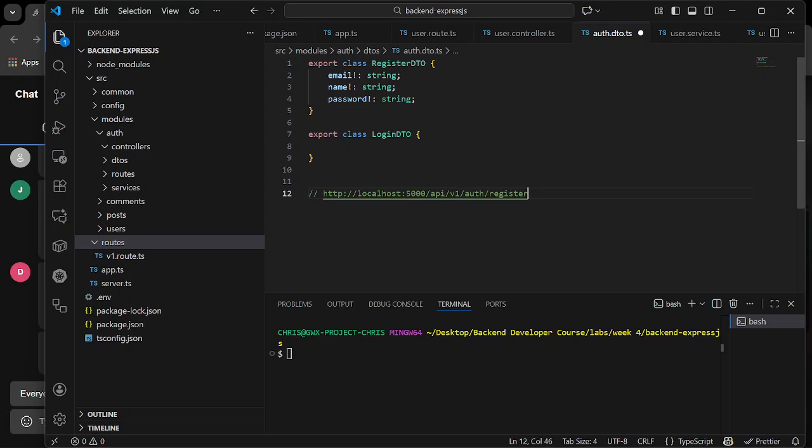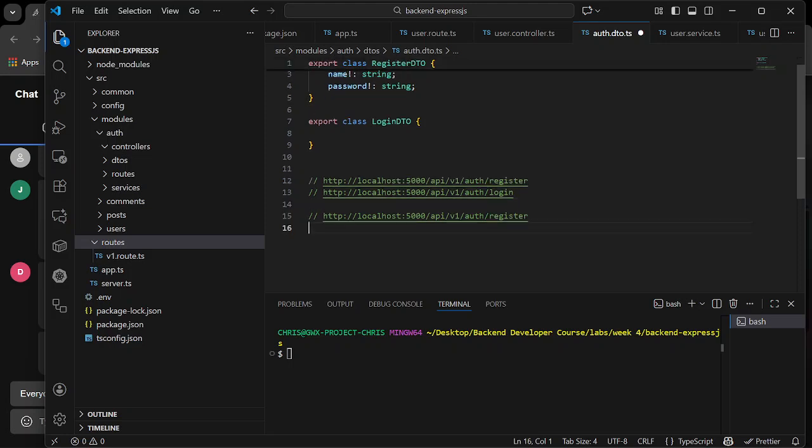Right. This is the route to register. I want to explain something to you. Then this is the route to login, right? Then the route to create a post will just be posts. They are post method requests. All right. So because they are separate this way,